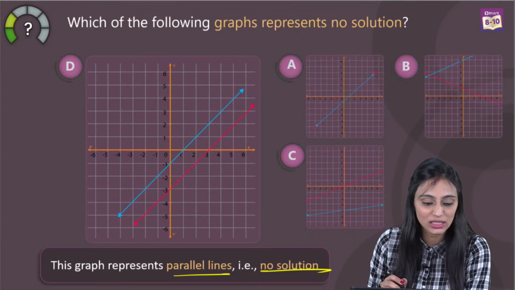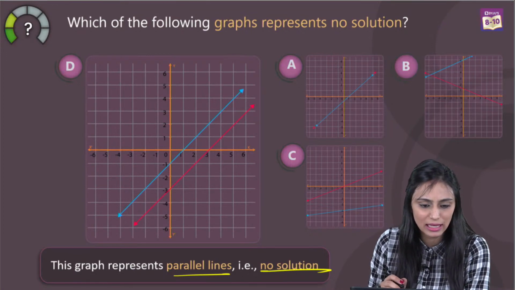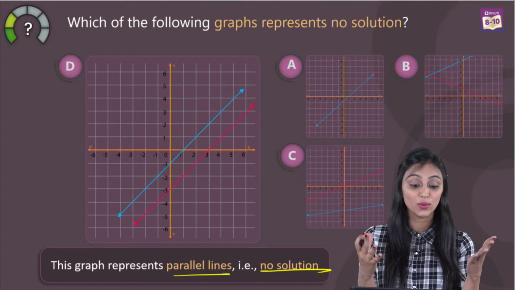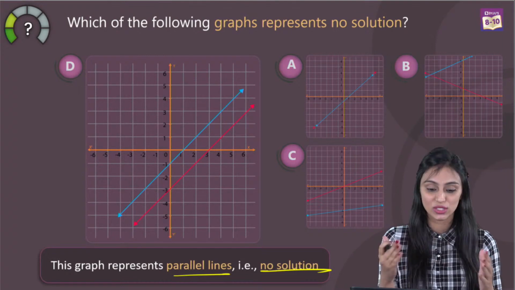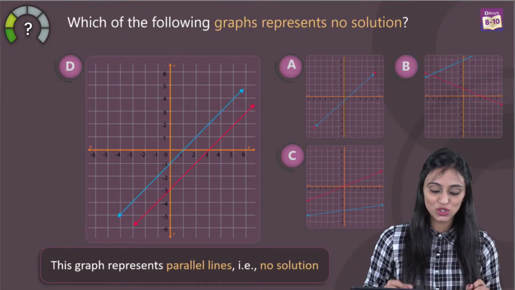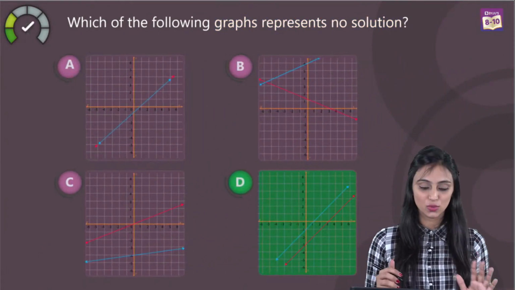Shatakshi says it's option D, Shuchi says D, Mincy D, Netik D. Astha, B will have a unique solution. Yes, B has a unique solution, but Astha, we are looking for the one which is representing no solution. Janvi says D, Aditya D, Gayatri says D, Prang Boy says D, Alicia says D. Absolutely right. Option D is the right answer for this question.